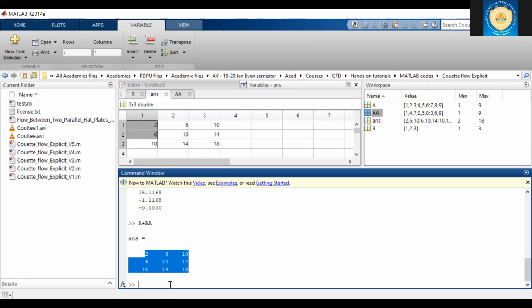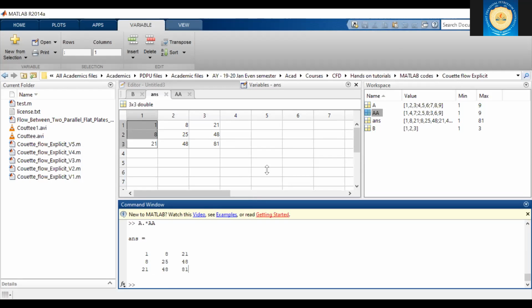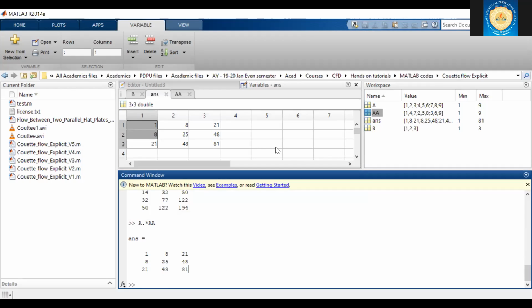Okay, I want to multiply two matrices A dot AA. This is my matrix multiplication, and this is not element by element. So this is basically the usual matrix multiplication. When I want to do element by element matrix multiplication, I would go by A dot star AA, and that would give my element by element multiplication. Okay, all sorts of things you can do in MATLAB here. So the next thing I want to talk about is